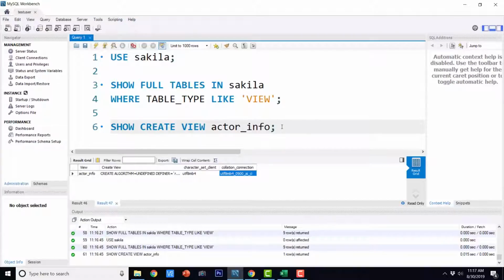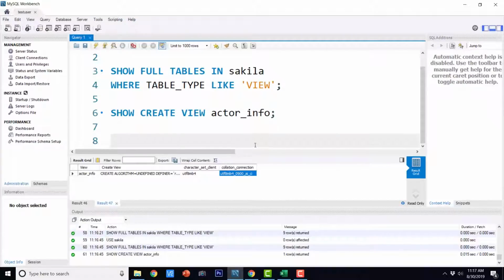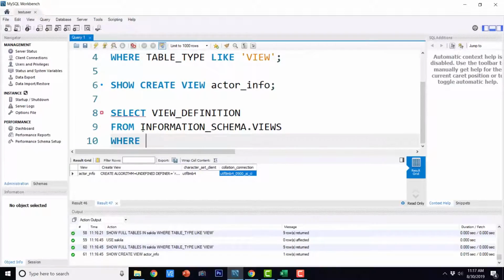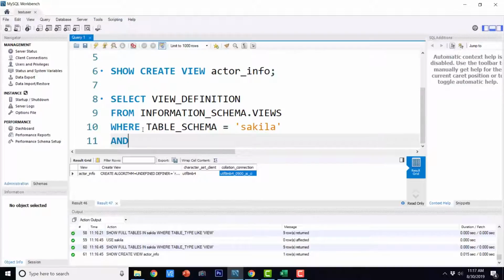In case you want to see the underlying query of a view, you can just say select view definition from information schema views where table schema equals Sakila and table name equals actor info.